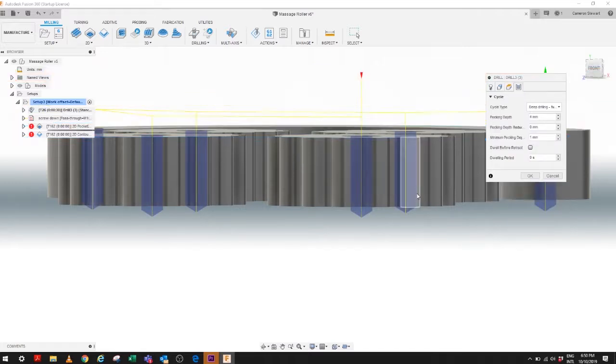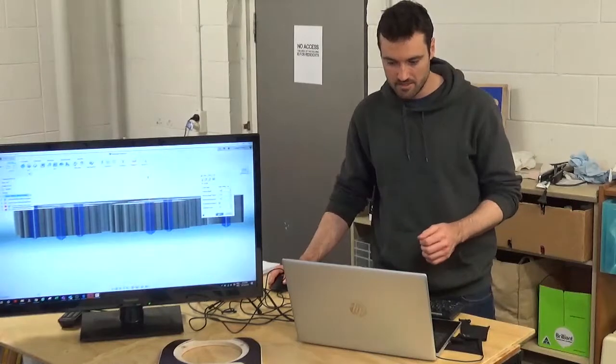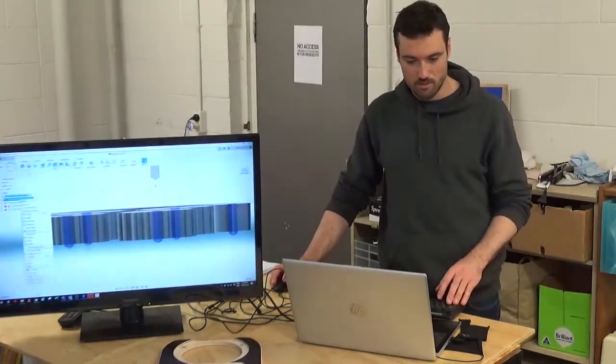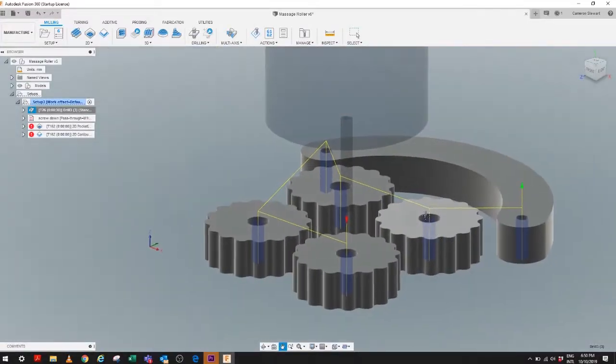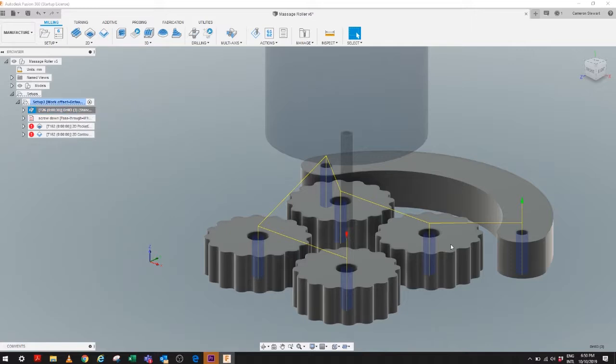Okay, that's pretty much it. You've got some other things with your pecking, and you see the peck depth is 4 millimeters, so it goes 4 mil, 4 mil, 4 mil, 4 mil down to the bottom. Okay, easy. We've done our first operation. Now we can come back and simulate it. So we're going to simulate,